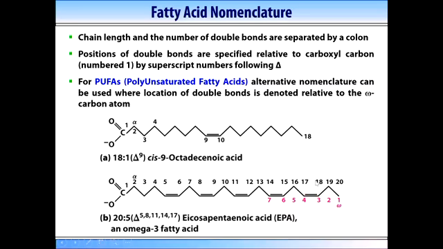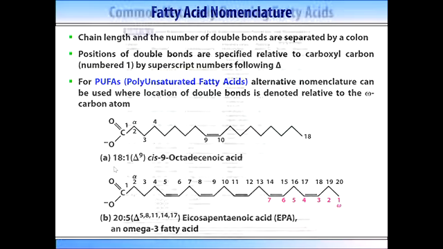Perhaps this name should probably ring a bell, right? When you walk in the pharmacy and see those fish oil capsules, they say, oh, rich in omega 3 and 6. And more expensive would be rich in 3, 6, and 9. And the most expensive would be 3, 6, 9, and 12. So these are the fatty acids which contain multiple double bonds. Okay.